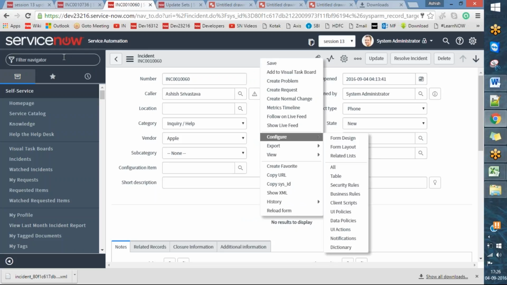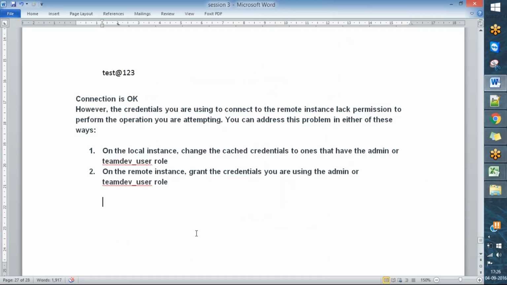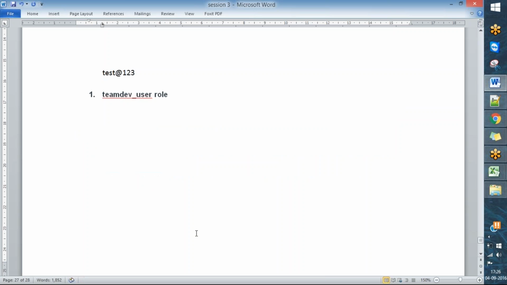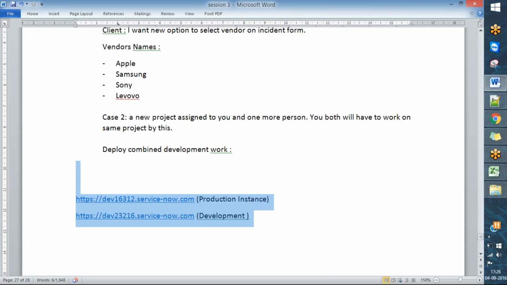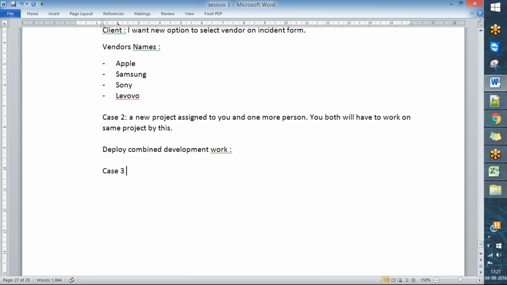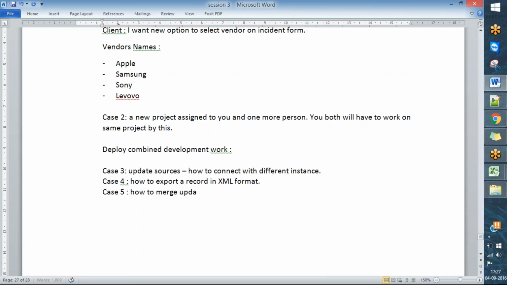Okay. So let's talk about the users and groups here now. Connection is okay. We discussed this, and we discussed the update sources as well. Case 3: what we discussed in case 3 is update sources, meaning how to connect with a different instance. Case 4: how to export a record in XML format. Case 5 is how to merge update sets, and the last, case 6, is how to deploy